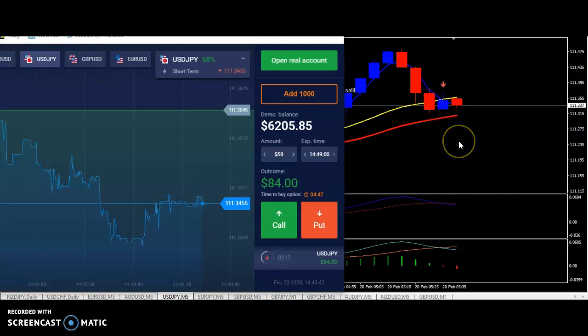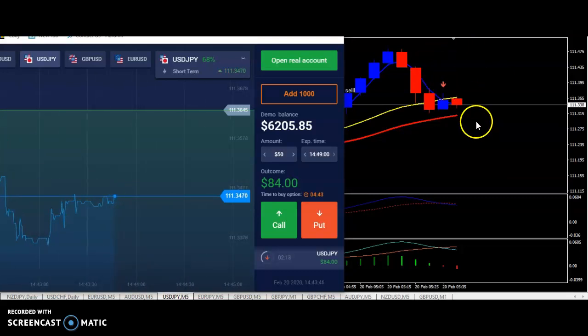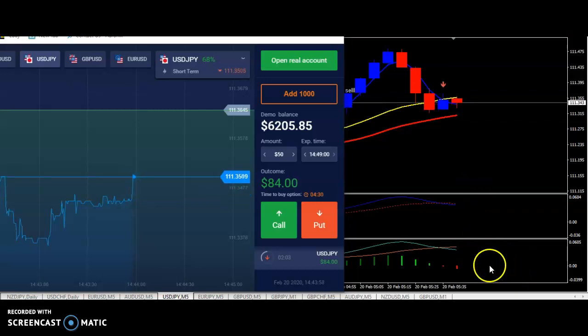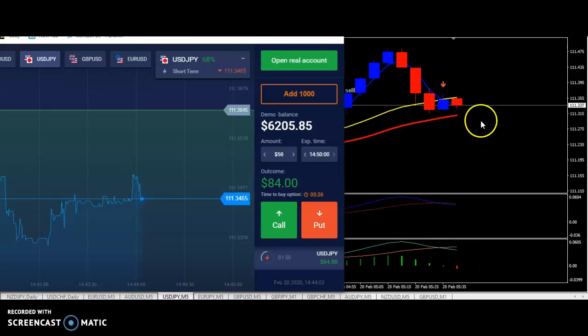You can't preempt and go in early or anything like that. Just wait for the trigger line to be fully over the yellow line, and make sure that if you're doing a sell, the red MA is underneath. Make sure that your MACD's crossed over. You don't need both of these MACDs. I've got this one here because it gives me the arrow. If you want this,